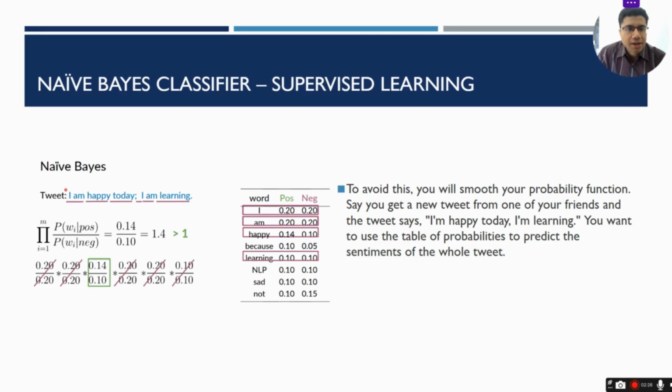We have I, which has equal probability, am equal, but happy has a larger probability of being positive, and words like this lead to the log likelihood getting bigger than 1. Whereas if I take a sentence like I am sad, the log likelihood, if you can see,